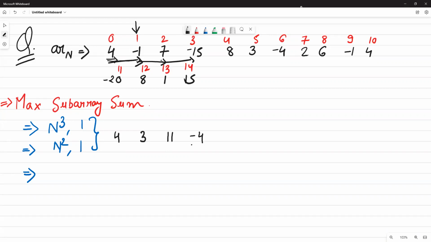With 8, no. If you are carrying forward your answer and at some point your current element is bigger than your previous negative sum, in that case, just ignore the previous part and keep your current element as it is, that is 8. Because keeping 8 in your subarray gives you a bigger answer than adding -4 to your current number, right? Yes. Now with 3, it's 11. With -4,